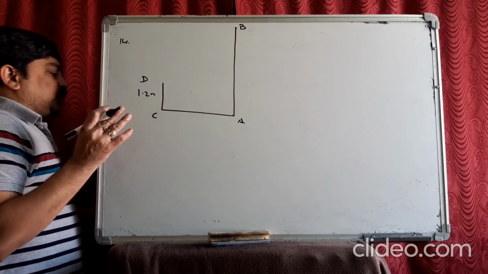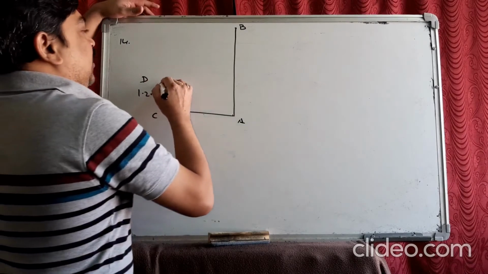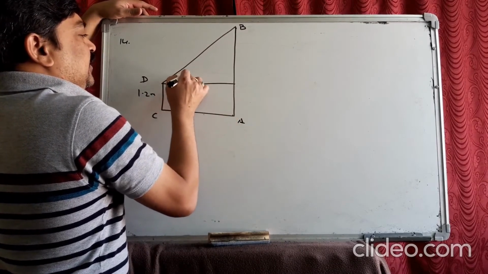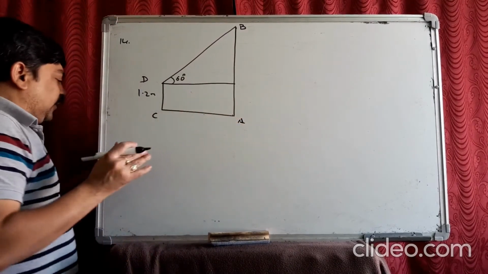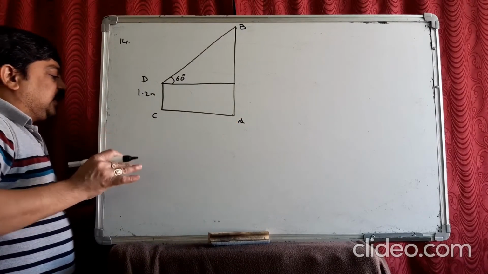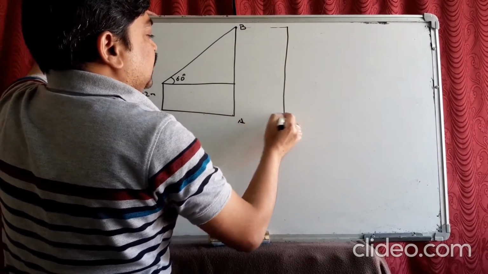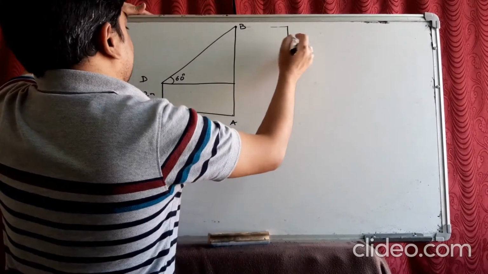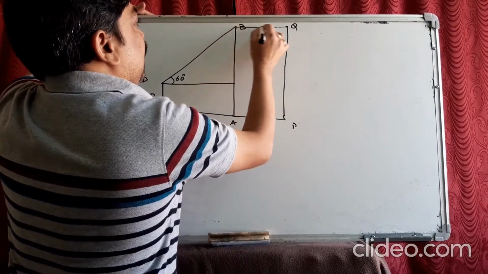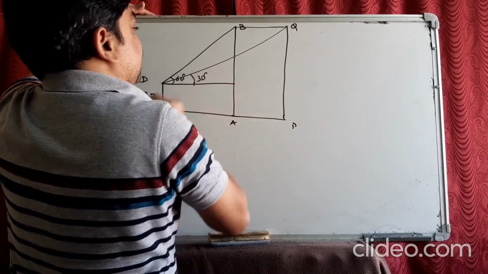Now, the angle of elevation of the balloon from the eyes of the girl at any instant is 60 degrees. So, we have to draw a horizontal here. So, it is 60 degrees. Now, what happened? After some time, the angle of elevation reduces to 30 degrees. The balloon moves like this. So, it changed its position to PQ. The balloon moved like that. The angle of elevation changed from 60 to 30 degrees.